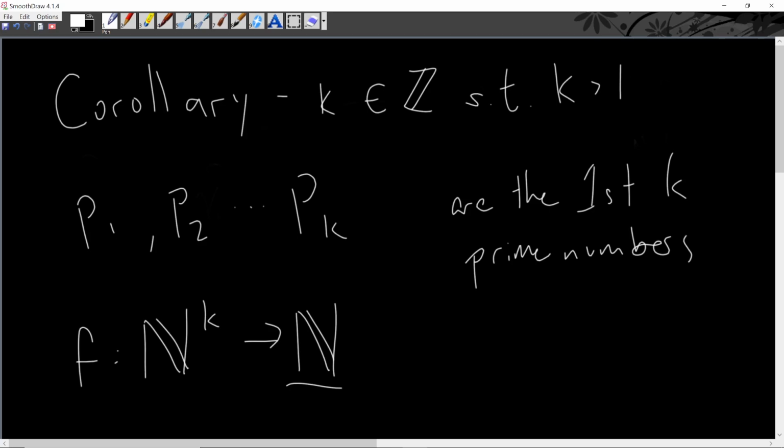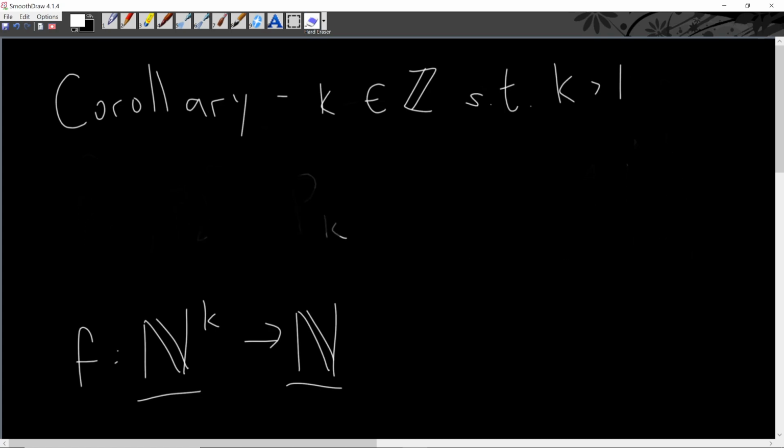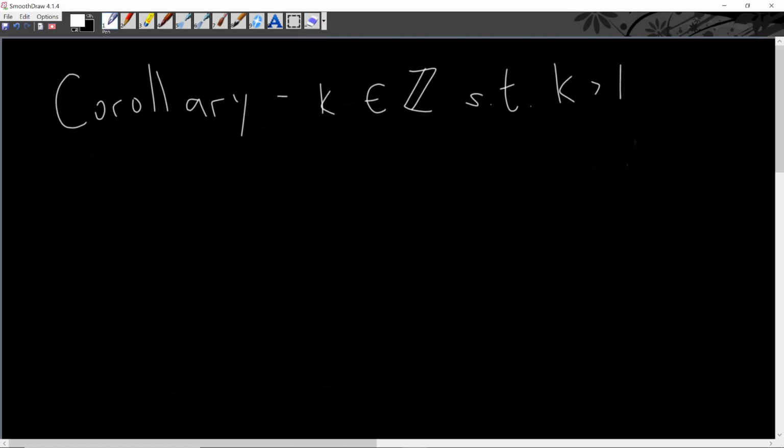Since n is going to be countably infinite, we can say that for every element in a countably infinite set, we can also map that to another countably infinite set. This is getting a little bit weird, but this is a bijection. As we said with z and n, even though n to the power of k might seem like it has more elements than n does, since it'll take an infinite amount of time to actually count n to the k elements, and since we know that there is a starting point, but we don't know where the ending point is, theoretically, there is the same number of elements in n to the power of k as there is n, so